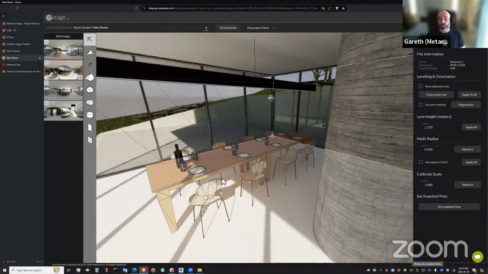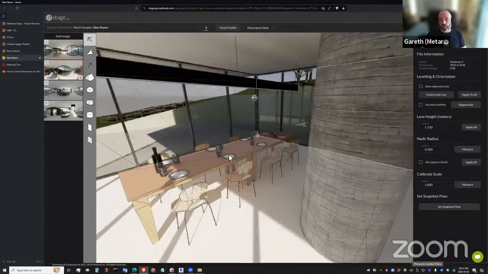And all you need to do at a minimum is to be able to upload those to MetaReal. If you want to go further, as we're doing in this case, you can actually upload the mesh as well, and you can align the 360s with the mesh. In the case of Revit, we have the ability to export the panorama locations relative to the mesh so that there isn't even any alignment to do. It's all done for you when you open the scene.